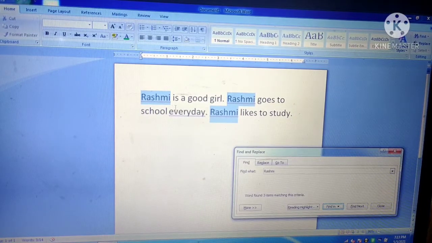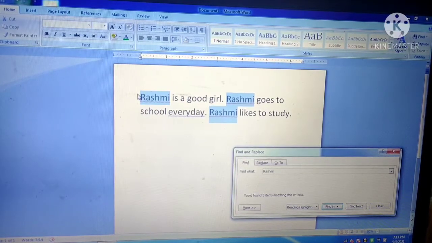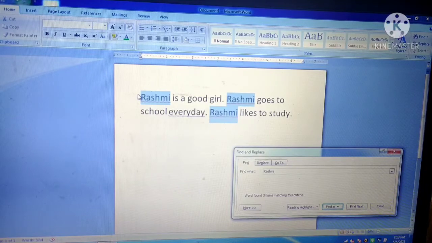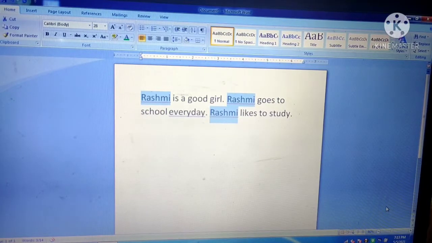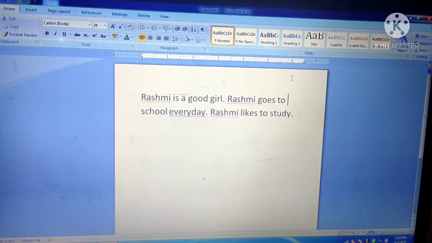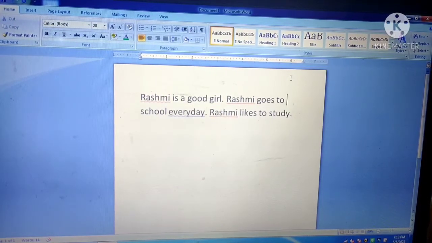These are all highlighted in the blue color, so that you can easily find that particular word. After this, we will close this button. Now, I hope you have understood how to find a particular word in the whole document or a long document.